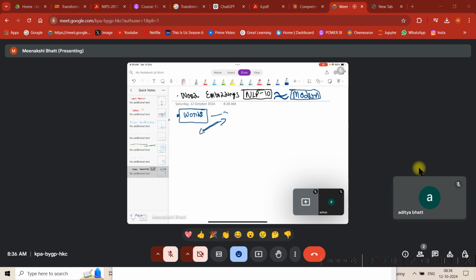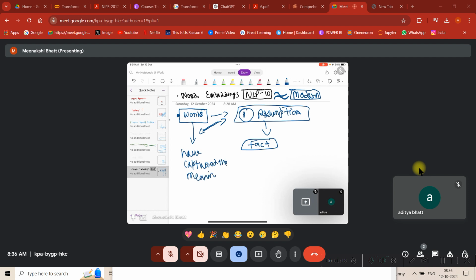The idea is that first of all you need to make an assumption. To some people this is an assumption, to me this is a fact. It's your choice on which side you want to be. The main thing is that words have captured the meaning of the world. So guys, this is a fact to me. To some people, this is an assumption.